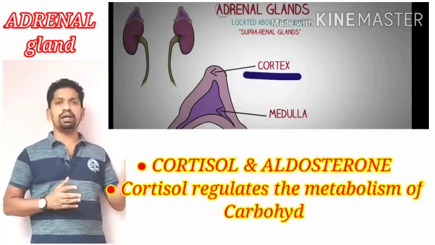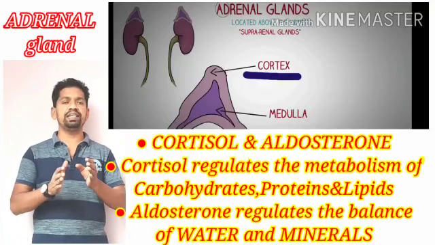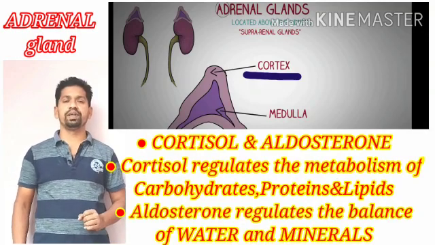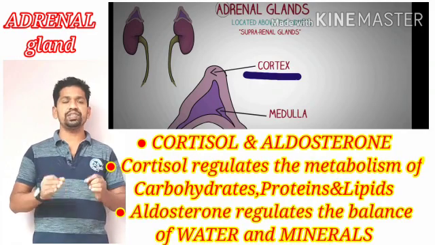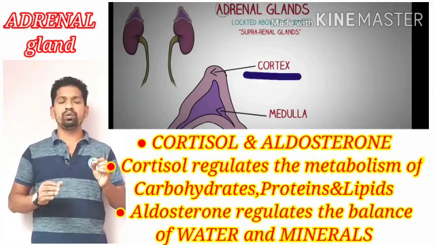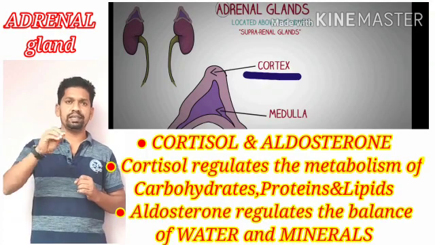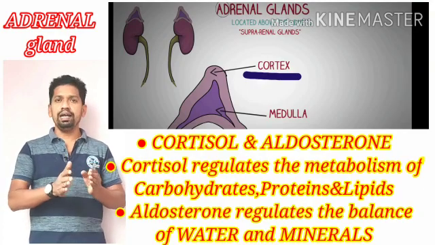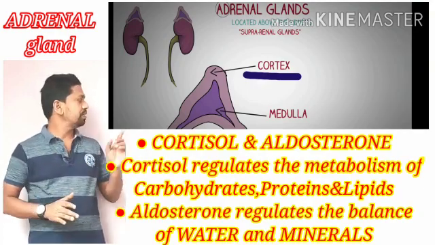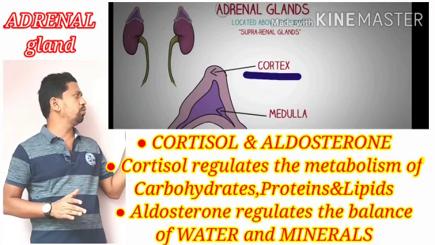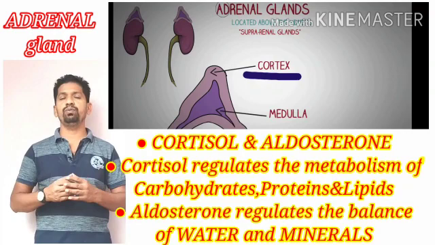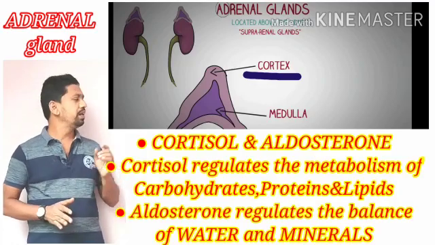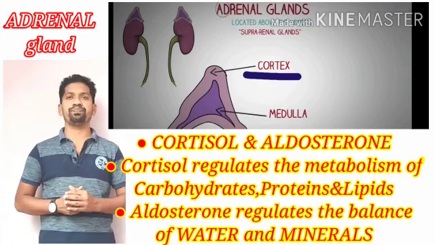Now the inner zone or medulla secretes mostly two important hormones. They are cortisol and aldosterone. We have one pair of adrenal glands on the kidneys. Every gland looks like a cap shaped one located on the kidney. That is why it is also known as the suprarenal gland. In the LS of the adrenal gland we can see two different zones. The inner zone is known as the medulla, the outer zone as the cortex. Now the inner zone secretes mostly two important types of hormones. They are cortisol and aldosterone.